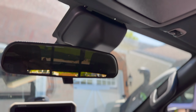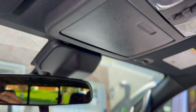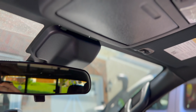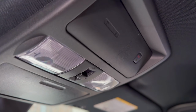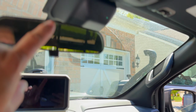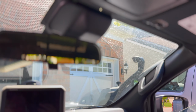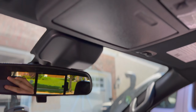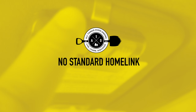And then finally, my last thing that I hate about this truck that I did not realize, and maybe you guys can correct me in the comments if I'm wrong, but maybe in the top trim convenience package that gets you the sunroof and the leather seats, maybe you get HomeLink, the garage door stuff. But for how expensive this truck is, mid-40s for a Pro-4X, there's no built-in garage door stuff. So I have to use my stock OEM garage door, which isn't a huge deal,